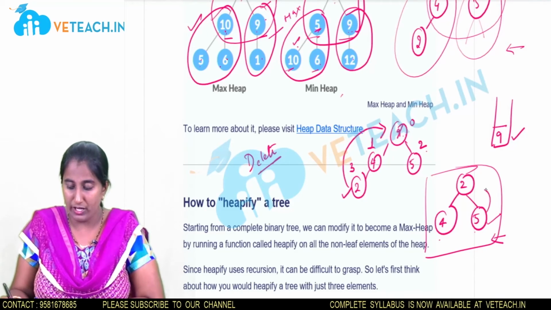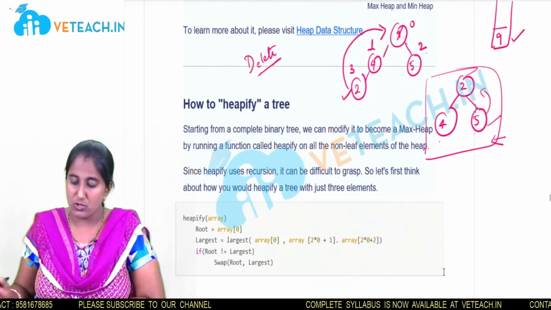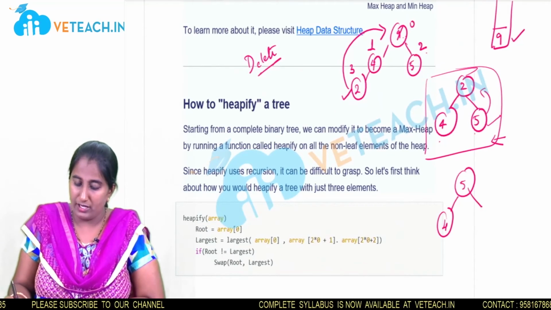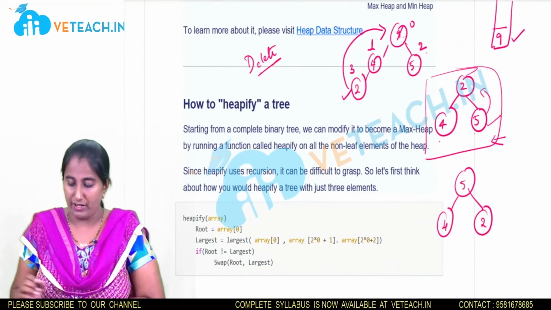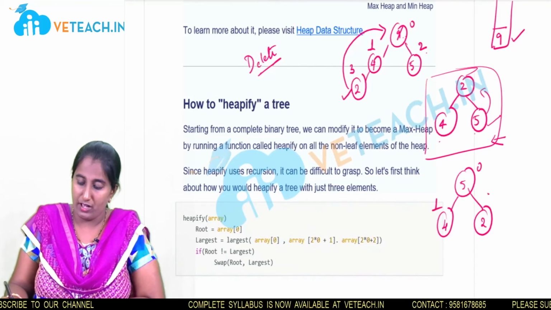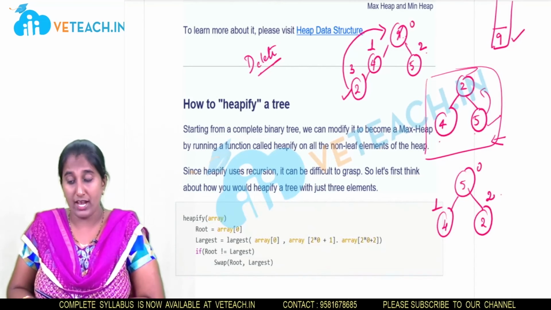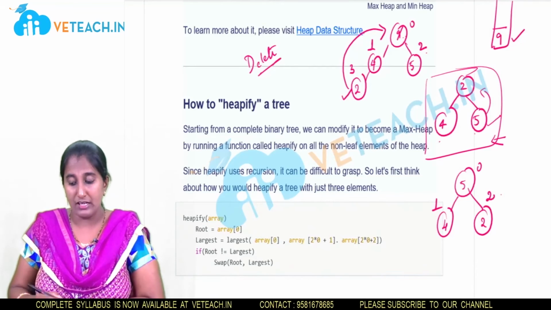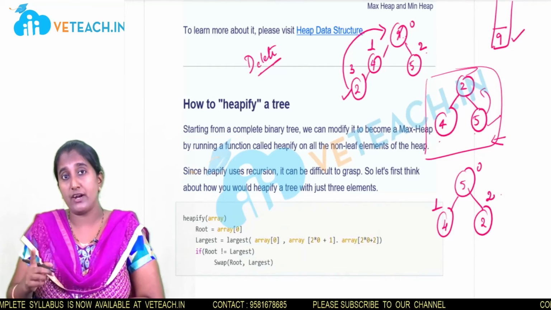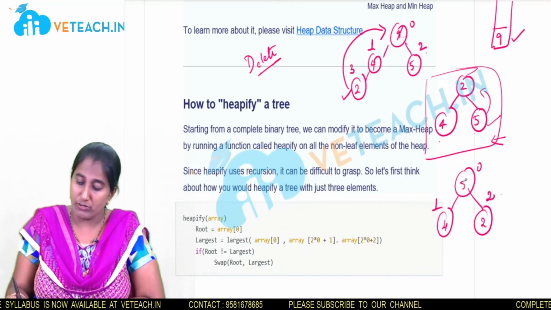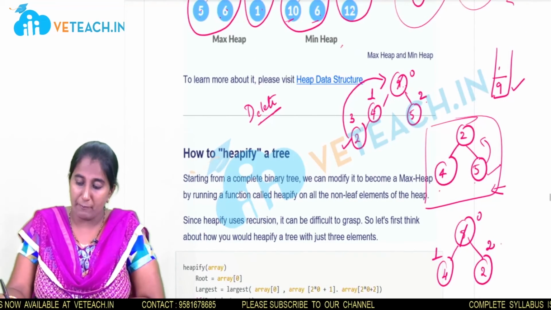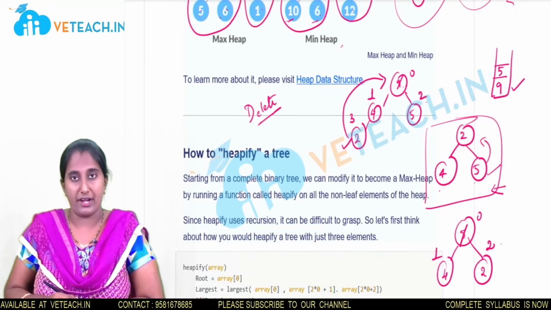Yes, here you can see this is not in the max heap. What we need to do is swap the elements. So 5, here 4 and here 2. Fine. Okay, now it satisfies the heap property, heap tree. Now the positions are 0, 1, 2. Again we need to delete the element. Which element? In the heap tree, a node can be deleted only from the root node. Which node will be deleted? Element 5 will be deleted, and it will be placed into the array.